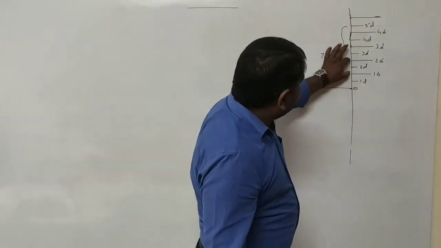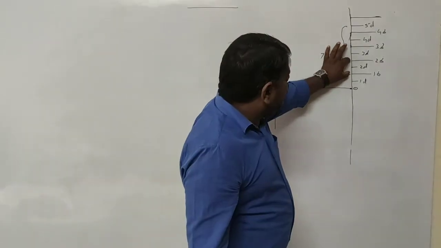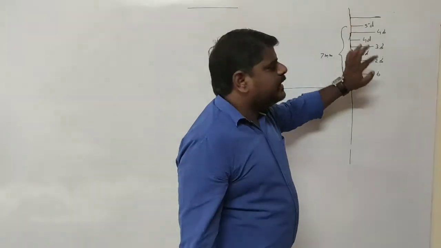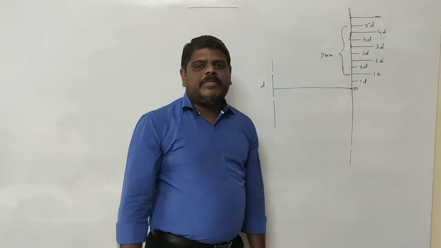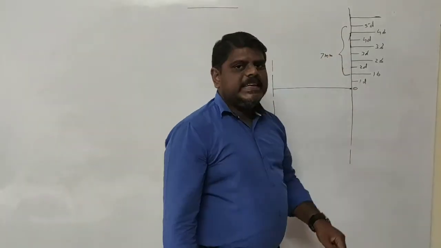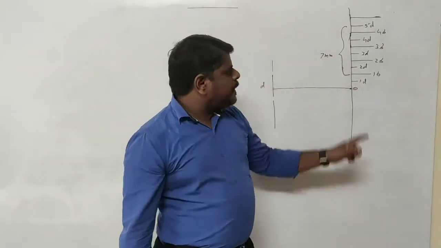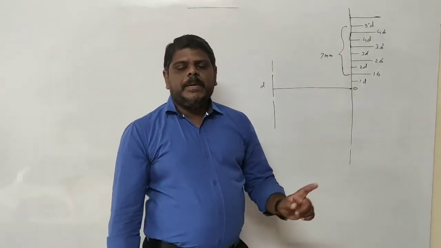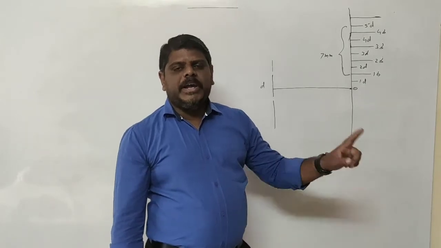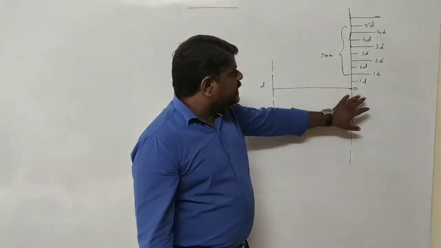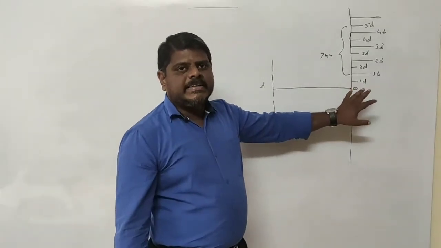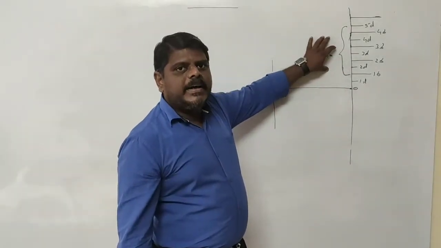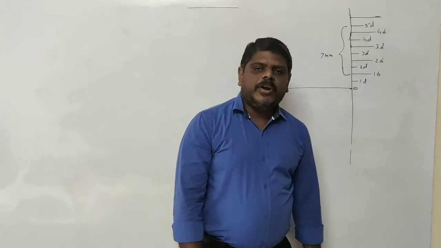The distance between two bright bands is nothing but beta. Here, 1 fringe width, 2 fringe widths, 3 fringe widths, and this is half a fringe width. If you consider up to here, it would become 4 bright fringes itself. But here the total distance is equal to 3.5 fringes, so the total distance is 3.5 into beta. This is a very important condition you need to understand. Whatever distance is given, in that particular distance, how many fringes are obtained? Totally 3.5 fringes are obtained here.